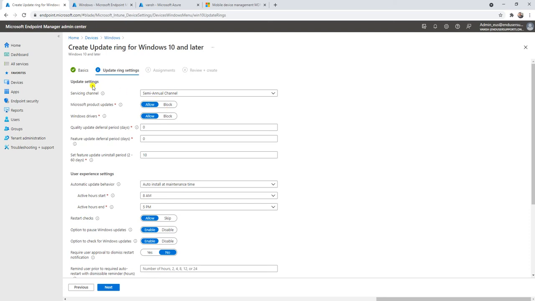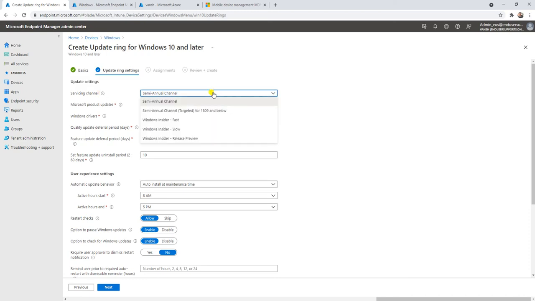Now here is a question about the servicing channel. What servicing types does Intune provide? We can click here and we can see the semi-annual channel targeted for 1809 and below, Windows Insider Fast or Windows Insider Slow, Windows Insider Release Preview.